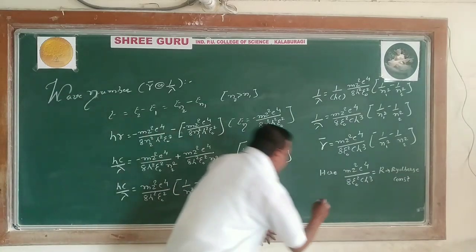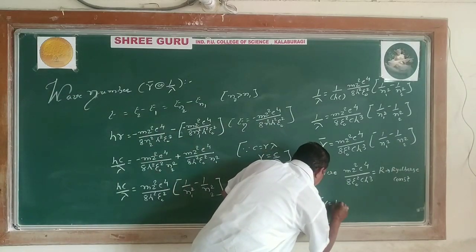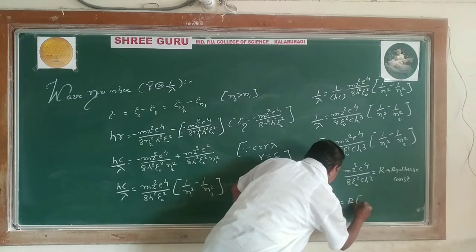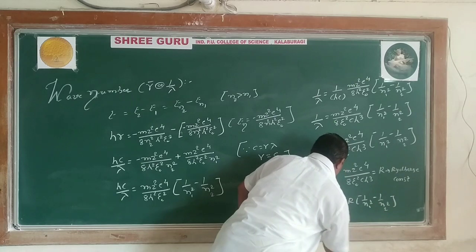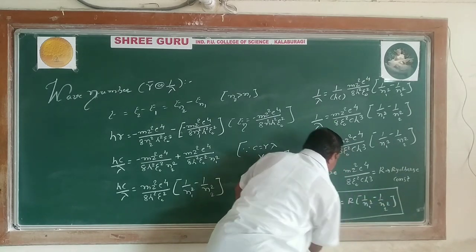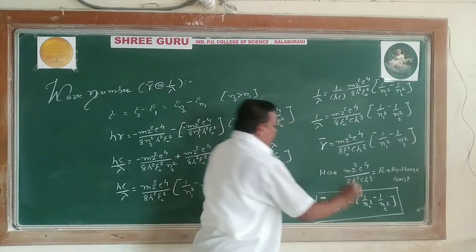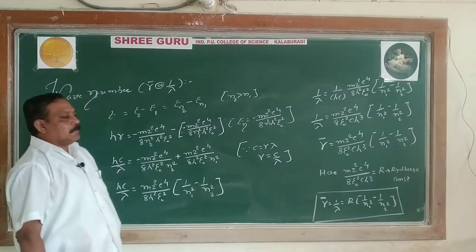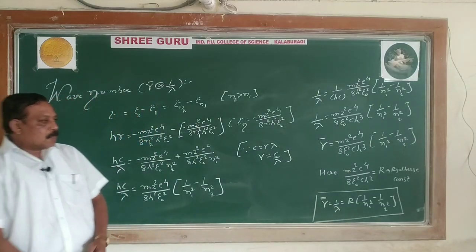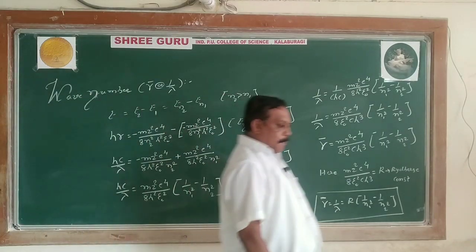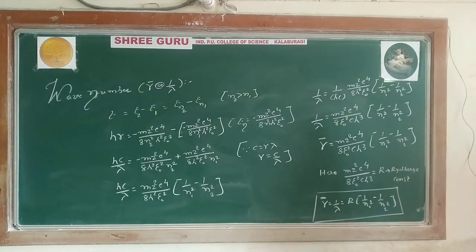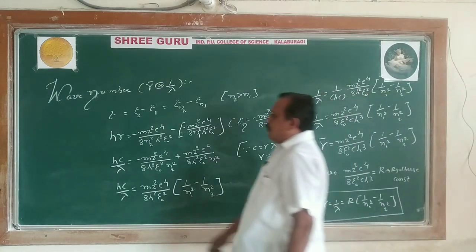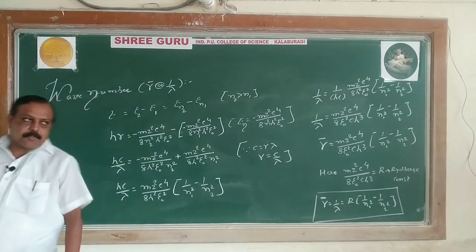Then finally we can write nu bar is equal to 1 by lambda is equal to R into 1 by n1 square minus 1 by n2 square. Now this is the expression for wave numbers. Experimentally it is found, and theoretically it is also found, that both the values are exactly matching for the hydrogen atom. So the value of R for the hydrogen atom,